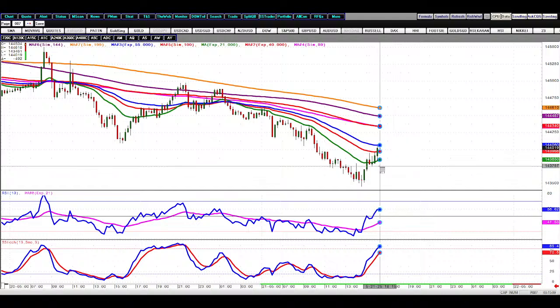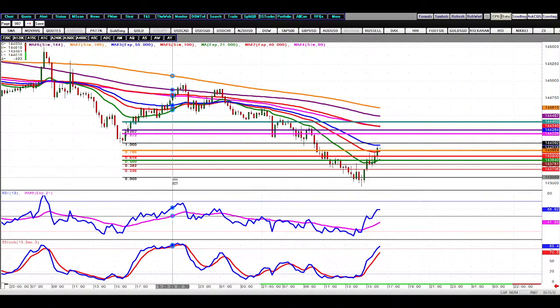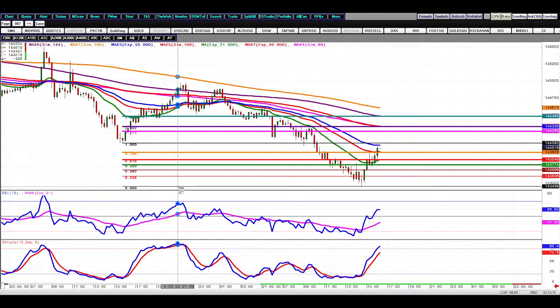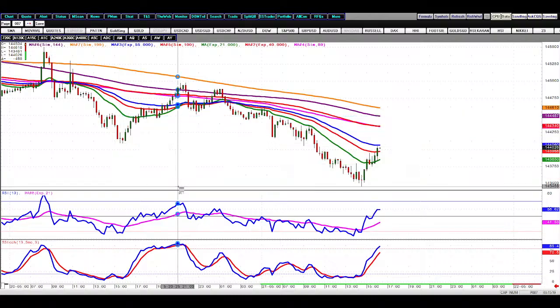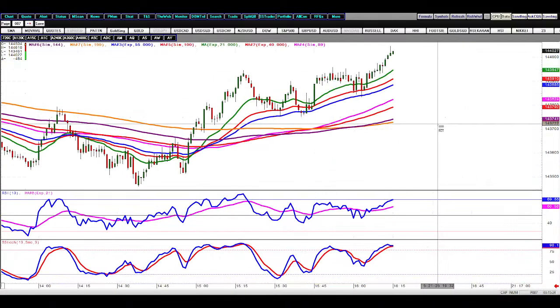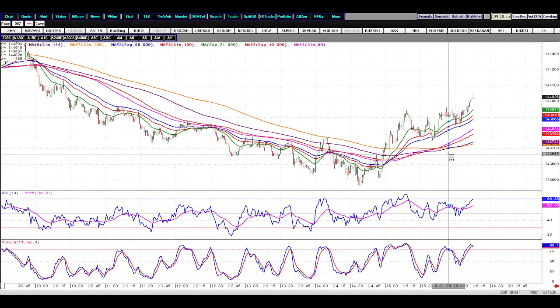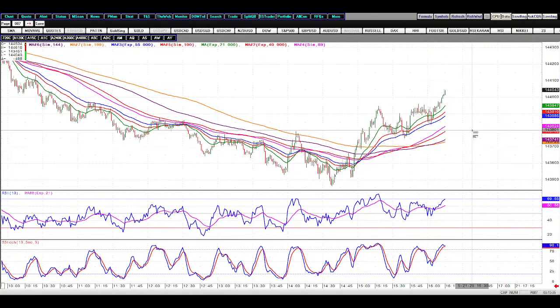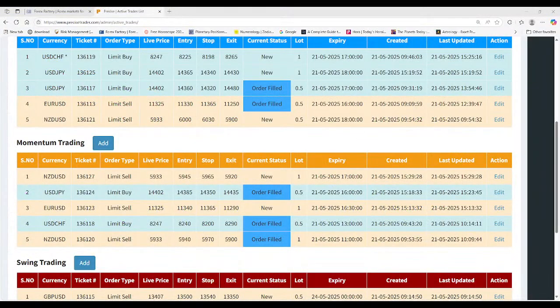So if you see, most likely we should see the price hitting 44.30. Then we should see the price pulling back towards 43.80 or even about the 44 level. So now what is going to be my plan? Now you see how I do it. I want you to do the same thing as well.